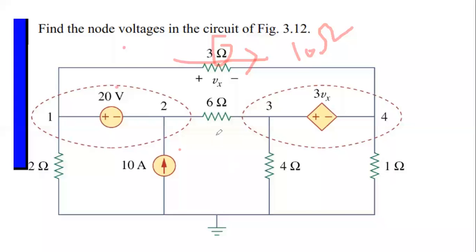All the mesh equations will change. You have to solve all the equations again and get the current. For this type of complex circuit, if you are changing this load resistance, again you have to solve all the equations again and again to find the current. You know how complex it is.